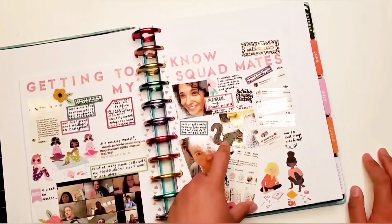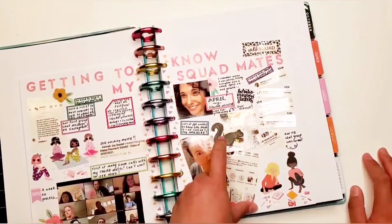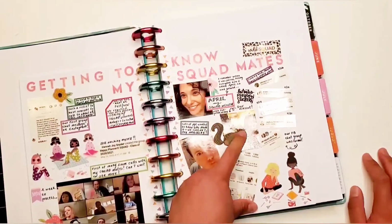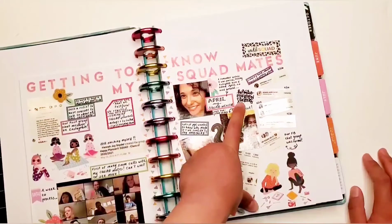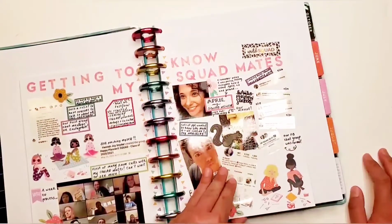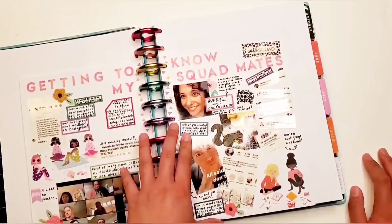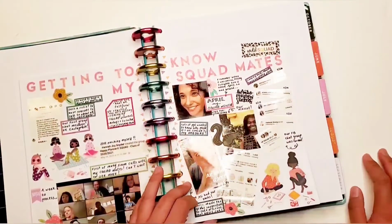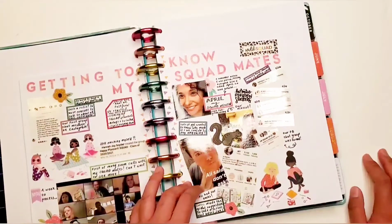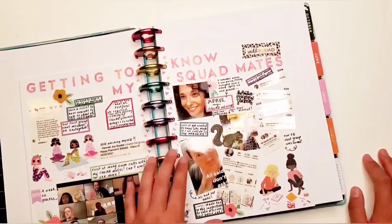Fortunately, there was a squirrel sticker also in the fall, one of the older fall sticker books, so I used that there. And then we gave him a name there. It's a very silly name, so he's kind of like our unofficial squad mascot there. I thought it was funny to put this picture in my squad journal too, because